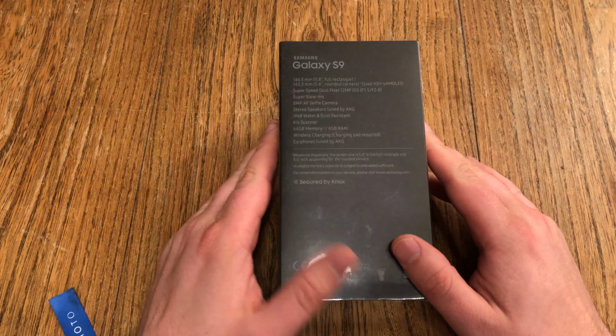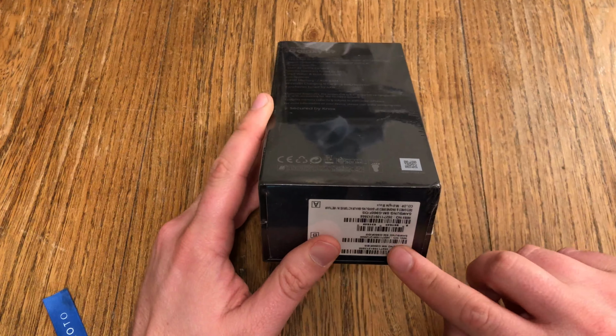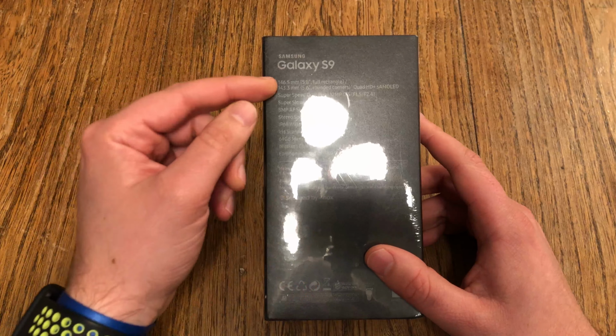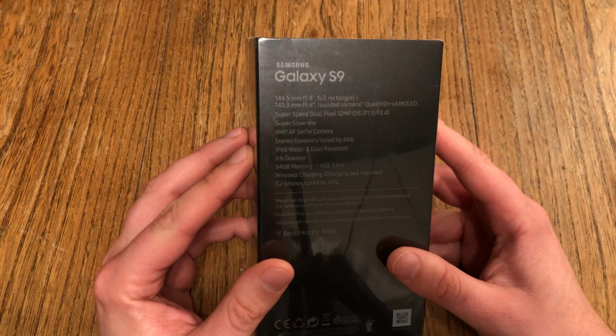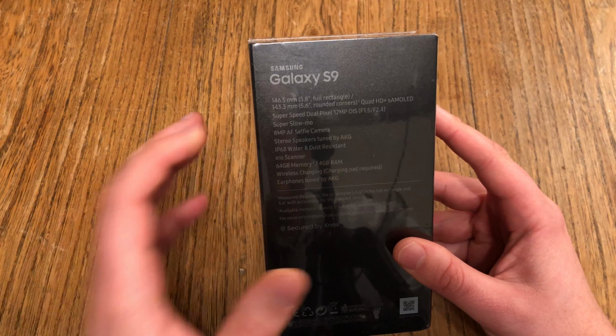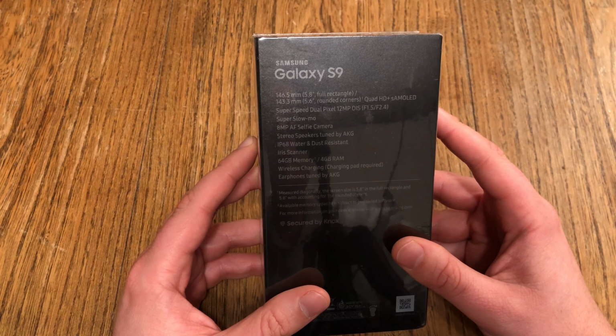So here we got it. It's a black version, it's dual, so dual SIM cards are possible. On the back side you get not all the specs, you get some information about the cameras. And yes, the main question I hear these days about the brand new Samsung Galaxy S9,